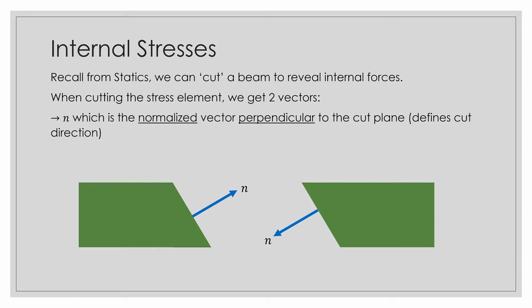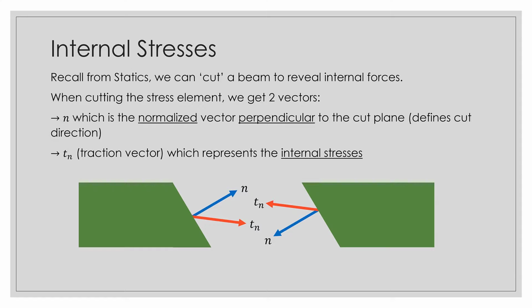And the reason why we use this vector n is to define our cutting plane. So as you guys see here, I have a plane that I cut and it's on an angle, but the question becomes, well, what angle is it? Well, it's actually going to be very important what angle is it, because whatever angle we choose or whatever our cutting plane is, it will impact the results. So that's why we use this vector n, which is perpendicular to our cutting plane, because it defines the direction, and from there we can carry forward